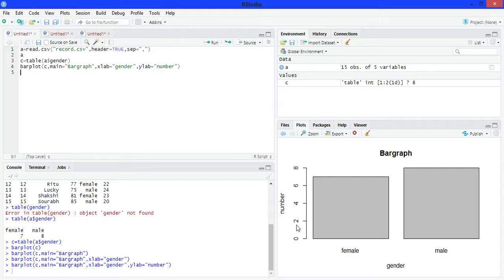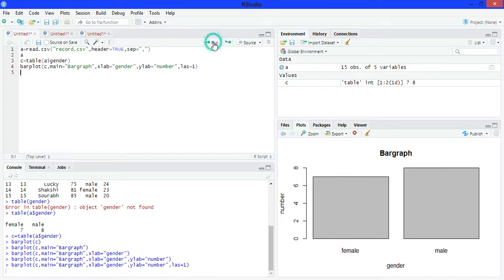If you want to print this number vertically, then write here las is equals to 1. Now run it. See here, the number is now in its real form.